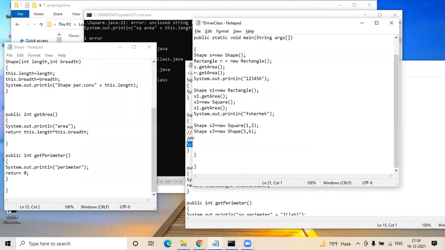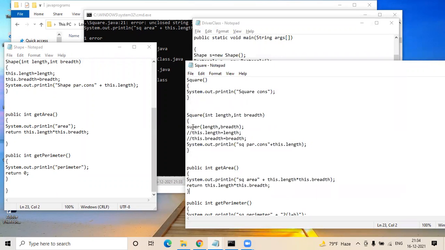But shouldn't it give zeros now? No. If you had invoked the default super constructor, your value would not have been assigned, so in that case your value would be 0. But right now in your square class, you're invoking the parameterized constructor with the super keyword. So whatever value you are passing as part of your shape gets invoked here.